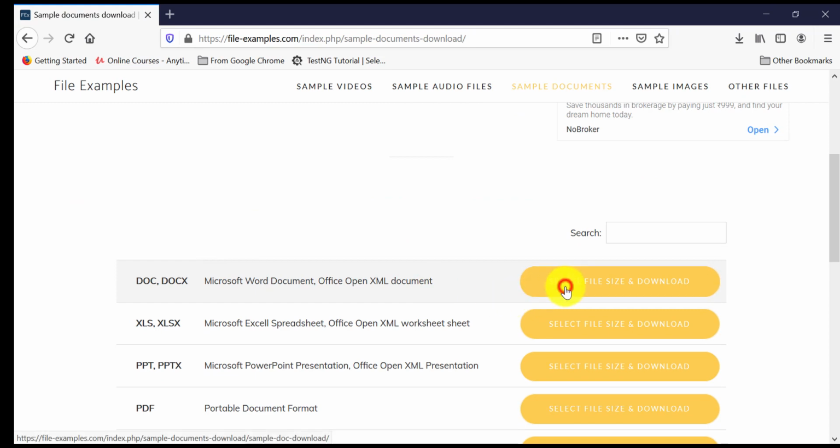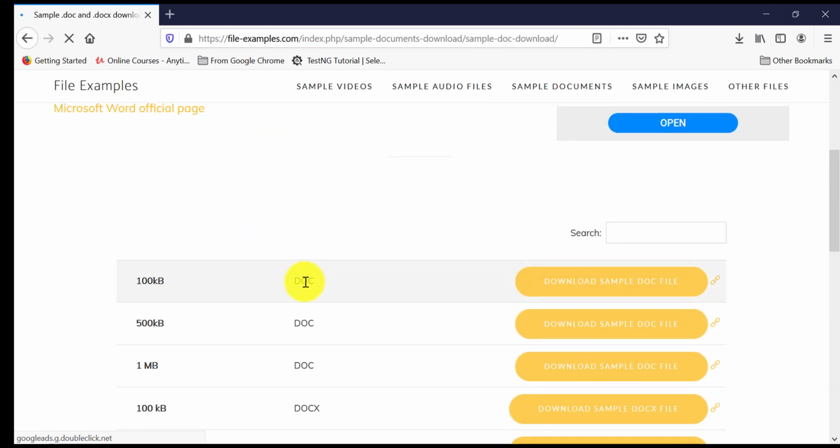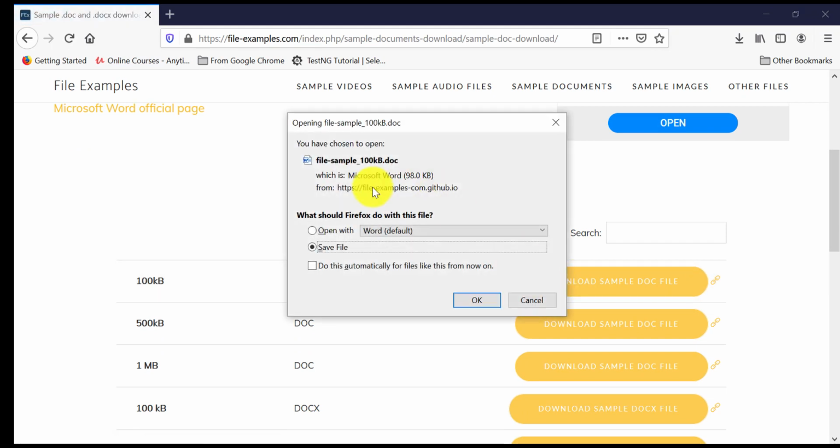Let's try to download the doc file. When I click on that download button, you can see that it has taken the file name, but it is asking whether we want to open or save, and where to save. The files will go into the default location.